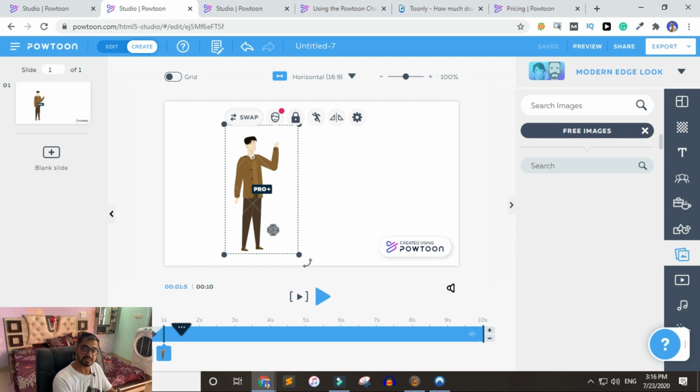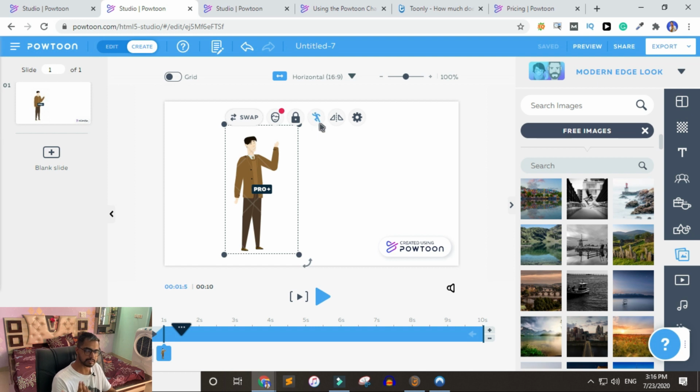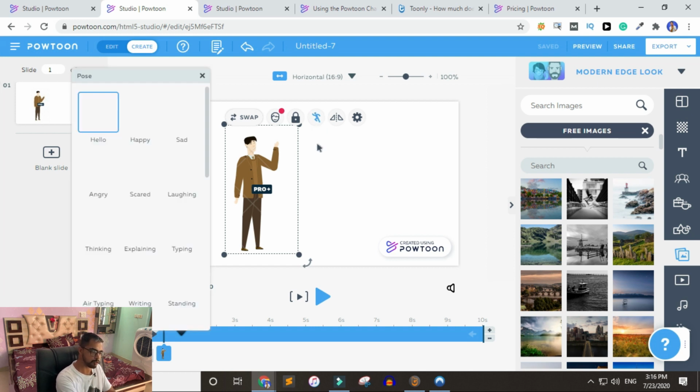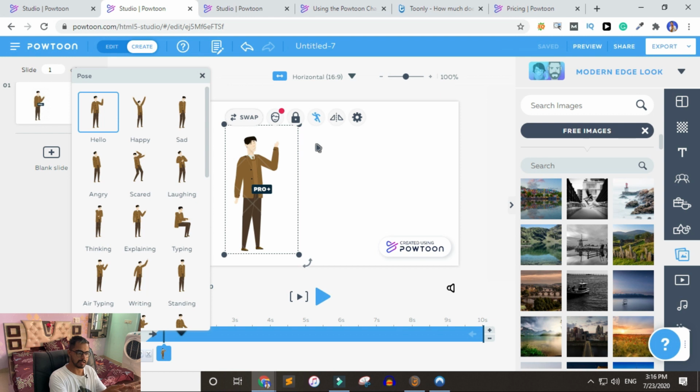One thing that I miss or don't like about Create Studio is the poses. Character action is known as poses in Powtoon. So of course you will get a lot of character poses. But let's say that you want to create a video where he is walking from the left hand side and then he waves his hand or maybe shakes his hand. That thing is not possible. So what you have to do, once the previous action of a character is complete and the character disappears, is add the same character again and assign a new action. That's what you can do if you want to add another action once the previous action is complete.